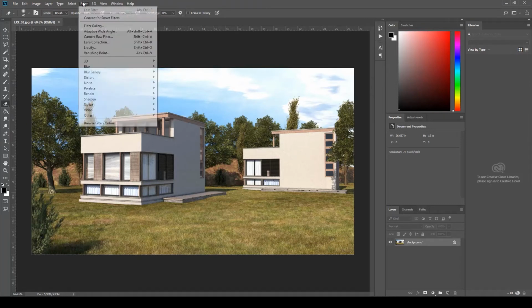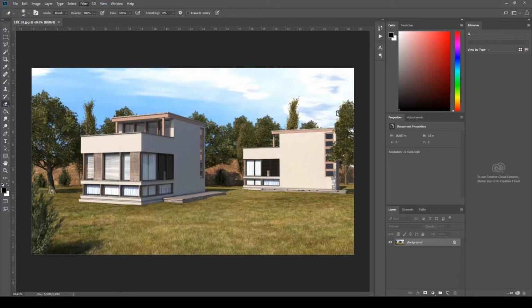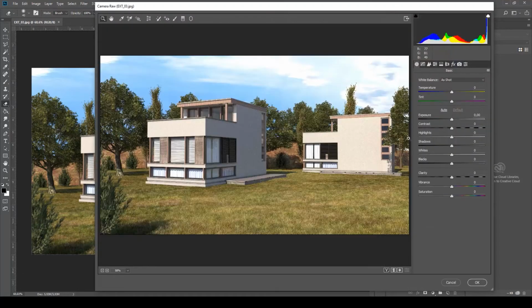So I'm going to Filter, Camera Raw Filter, and let's try to increase a bit the exposure. Maybe we can try to fix a bit